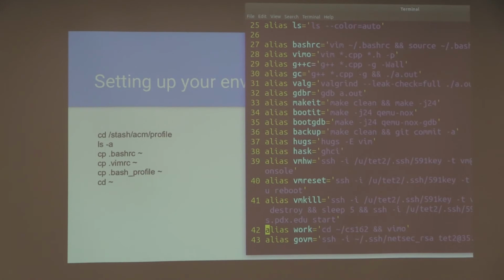Okay, now type alias space work equals. Yep, there we go. And then exactly match how it says, cd space tilde. Are you supposed to change directories into that folder and then copy line 42 in?